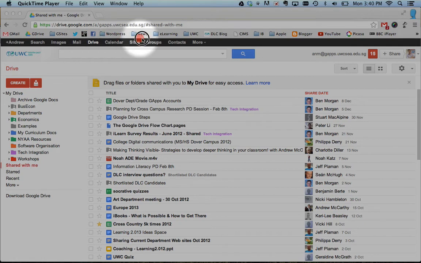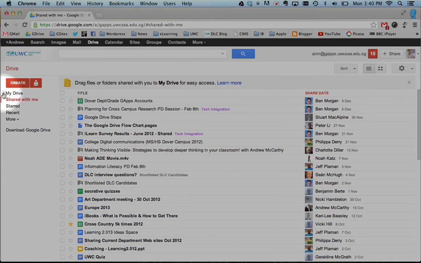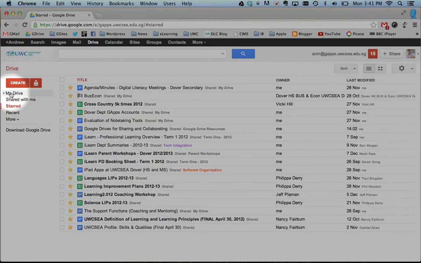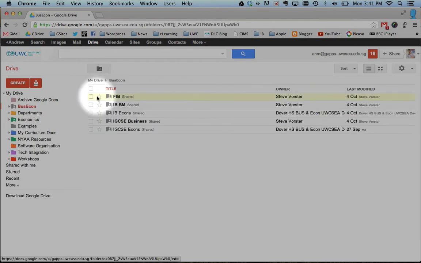So once you've been shared folders of resources, you might want to look at how you can add things to them, how you can find them. So I'm just going to use my business example. If I go to Shared with me, down this list somewhere, there's this Biz and Econ folder. The best way to do this is to star it, and it will come under my Starred list, which is the best way to find things you regularly need. So my Biz and Econs,